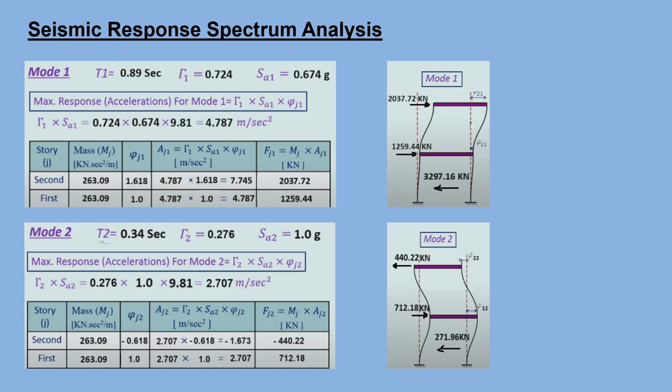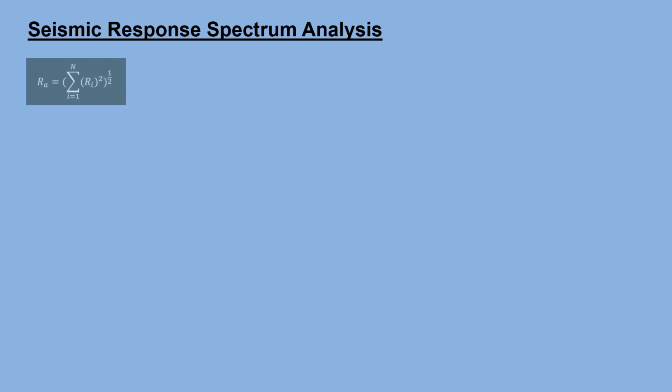The SRSS method is a statistical approach that assumes the peak responses in different modes are independent. By using SRSS, the responses are combined in a way that avoids overestimating the total response, which would happen if the peaks were simply added together. By combining the shear forces acting on the second floor, we will get,